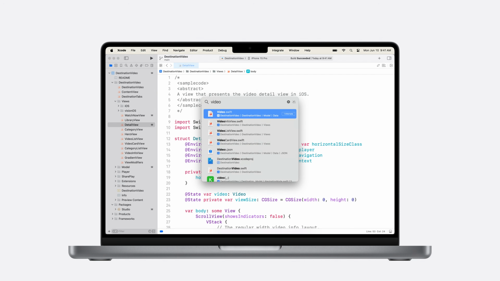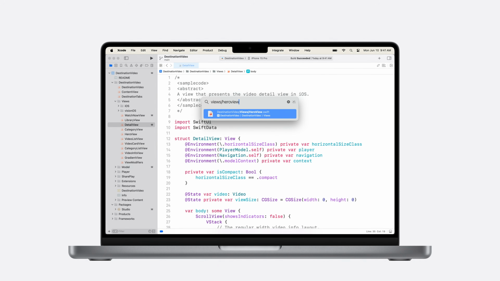Then type in some part of a file or symbol name, and Open Quickly will immediately give you a list of destinations. It uses code completion-like matching rules, so you can type any of the unique words in your destination name to get there immediately. If you include a slash in the query, you can match file paths instead of file names. And you can end a query with a colon and the line number to get to a specific line.